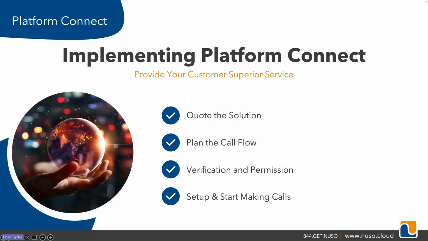And so that's the first step into kicking off the implementation. The second is we have to plan the call flow. Any time that we sell voice services, we have to plan the call flow. In this instance, with the call flow, the information that we really need is we need to know which users,